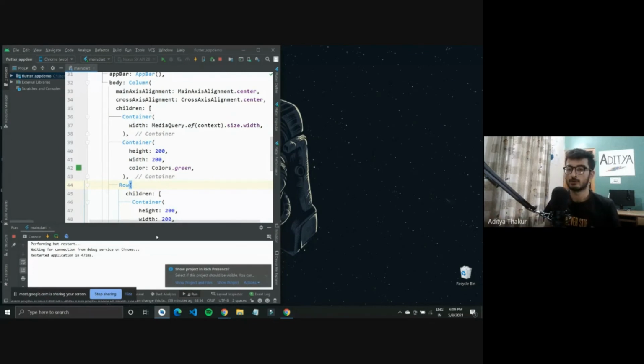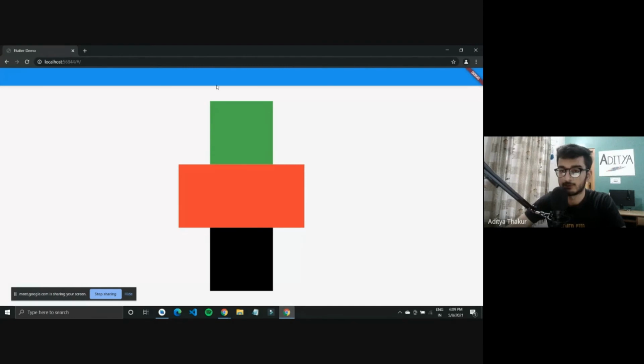For a row, as in if you are arranging widgets horizontally, the main axis is again horizontal, but the cross axis is vertical. So if you want to arrange this in the center, you can use the main axis alignment property and try to do it with that. Now it should come in the center of your screen.